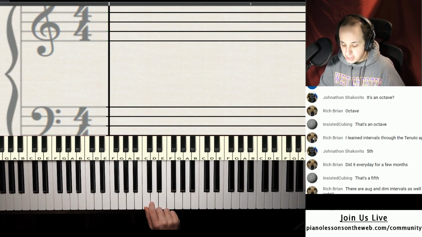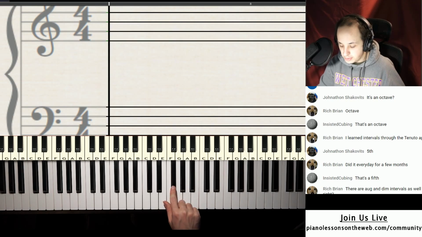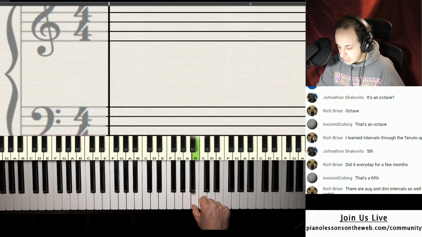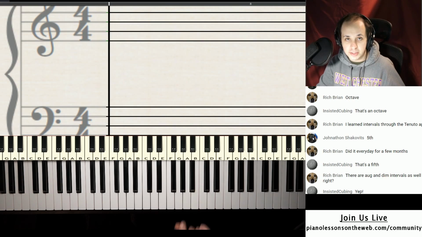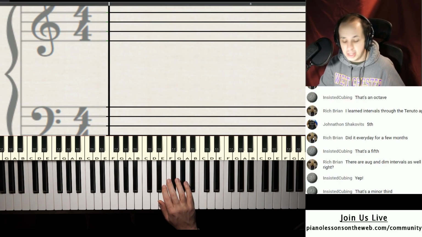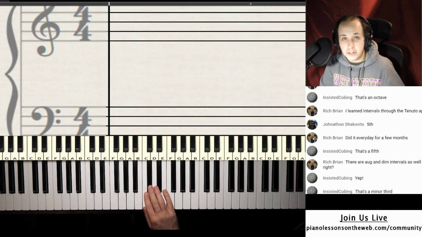So anyway, a major second, first we'll talk about, by definition, is a whole step apart. If you have from F sharp to G sharp, that's a major second. If you have from B to C sharp, that's a major second because they are a whole step away. A minor second is only a half step away. And that's like